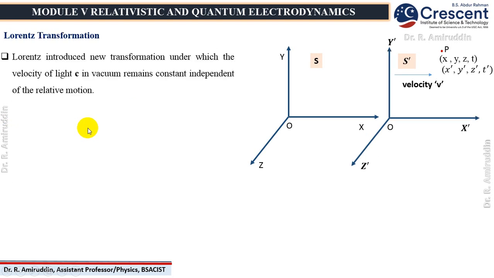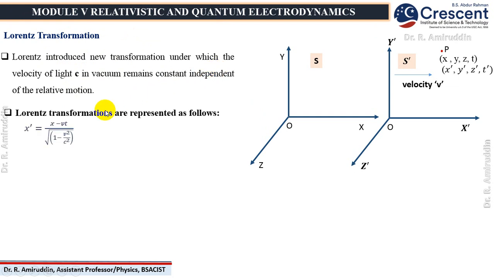The scientist Lorentz introduced a new transformation for the equation, under which he considered that the velocity of light in vacuum remains constant independent of the relative motions, and the Lorentz transformation equation accordingly is modified and represented as follows. The x prime is equal to x minus vt divided by the modified term, that is root of 1 minus v square by c square,